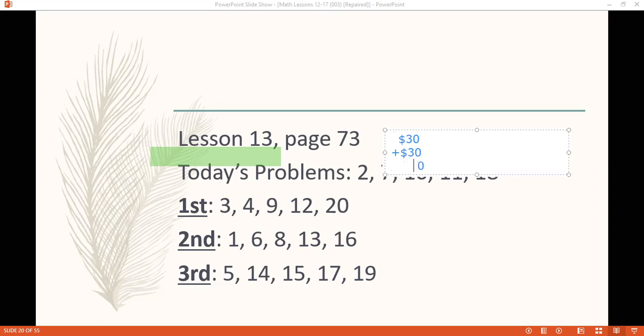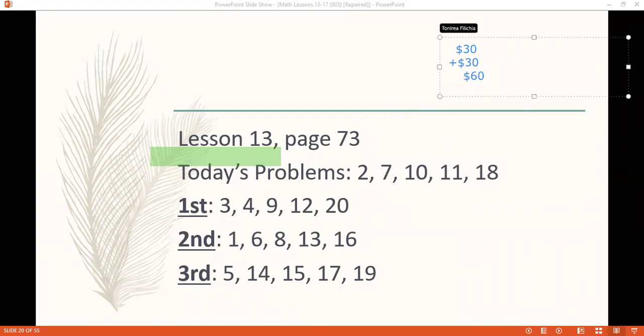And 3 plus 3 is 6. So remember always putting your what? Your label, which is the dollar, and always boxing your answer. So that is number 2. Our next today's problem is number 7. So looking at number 7,